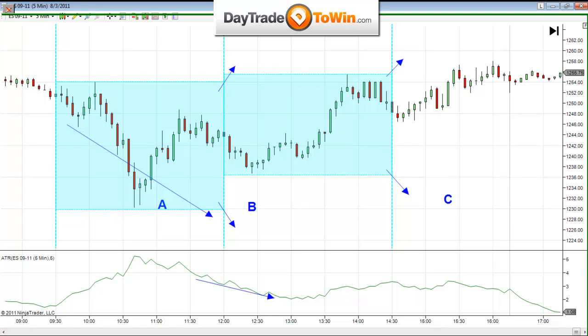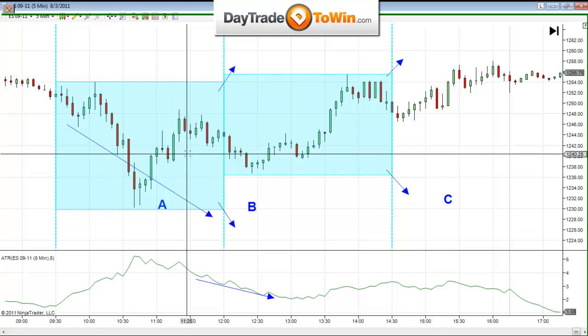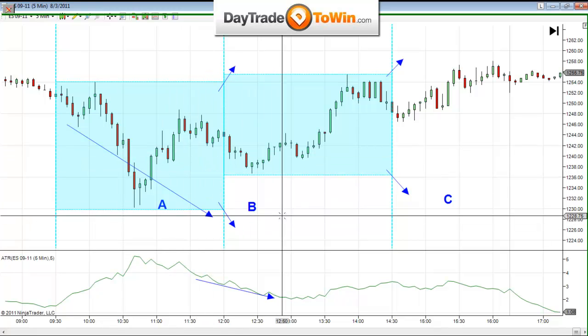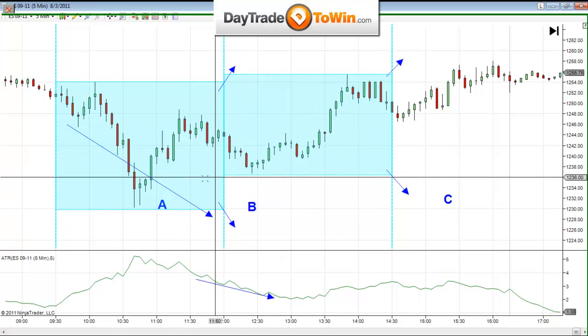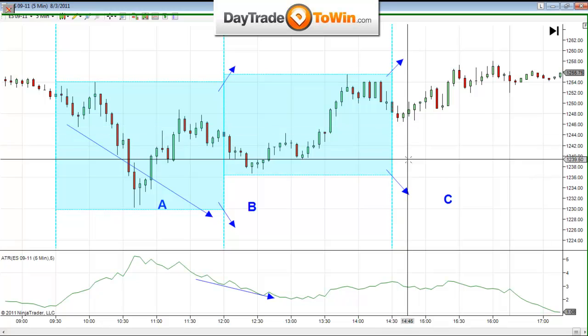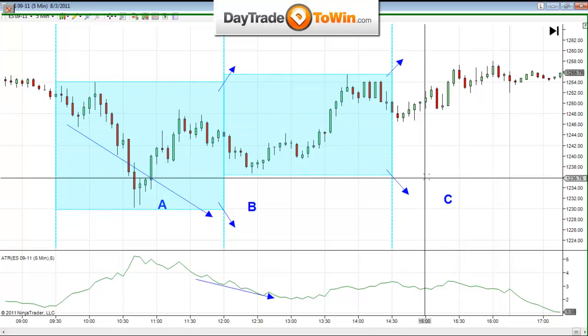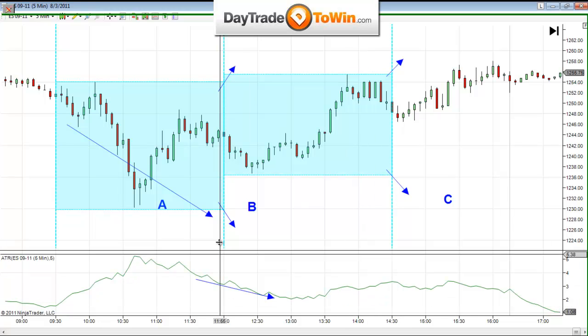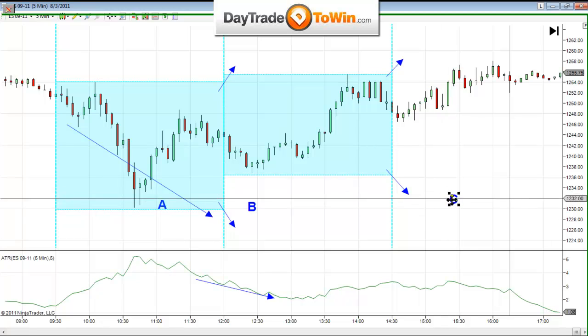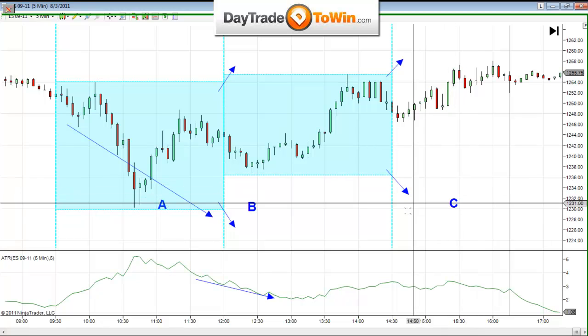So today, August 3rd, on the E-mini, price did not trend like it did yesterday and the day before yesterday. As soon as B came along, it whipsawed within the range of A, and furthermore, C didn't do anything either. It stayed within the confinements of B. That's right, Finley. Look for 2 consecutive closings above B or below B, or vice versa. Look for 2 consecutive closings above or below in the C section of the day.